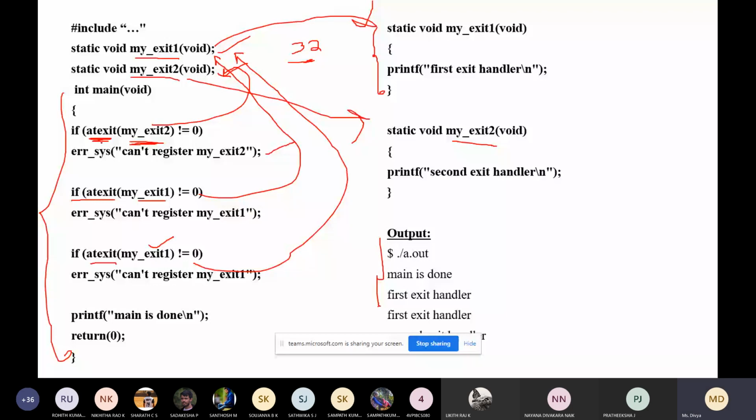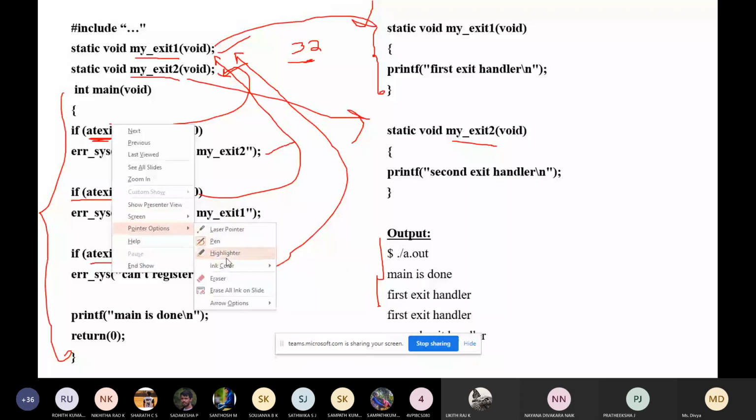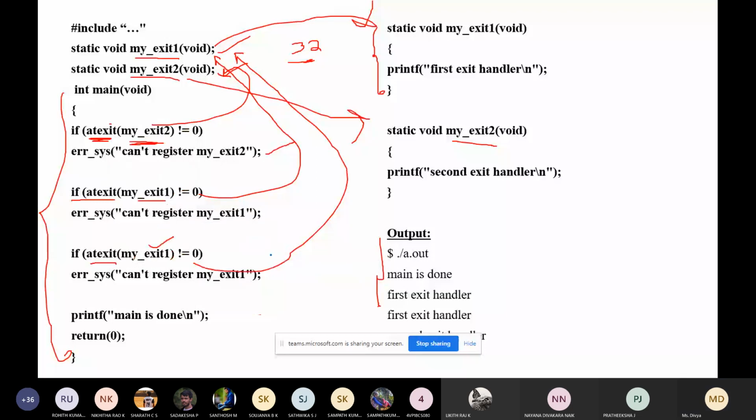Okay, now see here, we are calling the atexit function how many times? 3 times. Correct, we are calling it 3 times. Okay, but how will it be displayed? See the output. First it will display what? Main function, main is done. So this is the printf statement it is displaying. Okay, and then these atexit functions will be called in the reverse order.